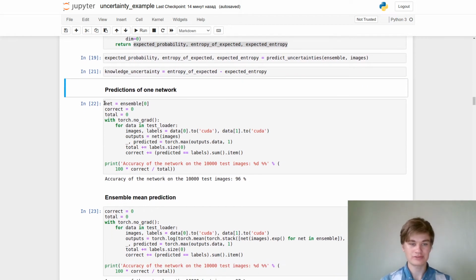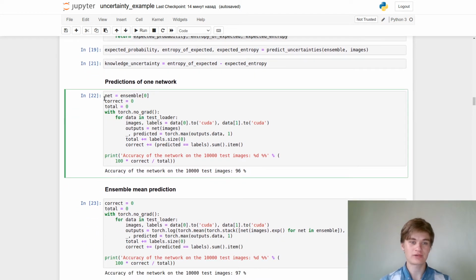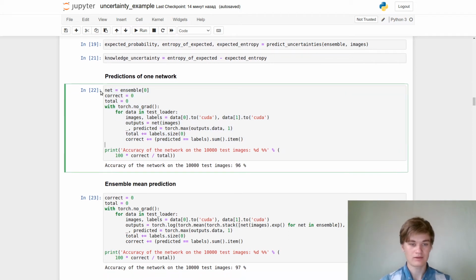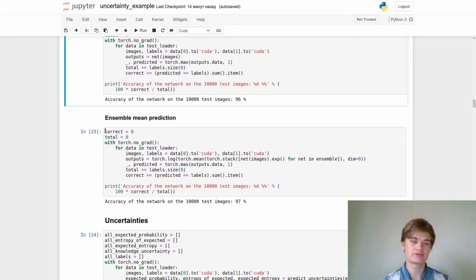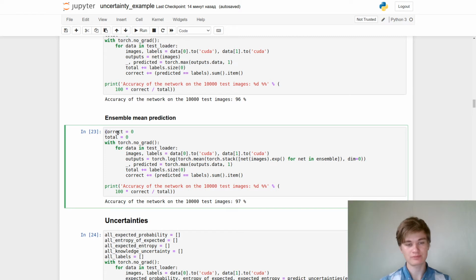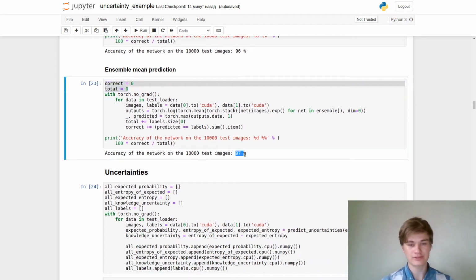So let's see the predictions of one network, how it works. Here we just evaluate it, and you can see that we have 96% accuracy with it. Using average ensemble prediction, we end up with 97% accuracy, which is slightly better. But